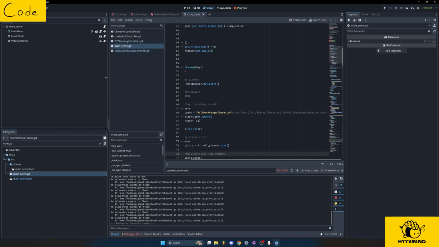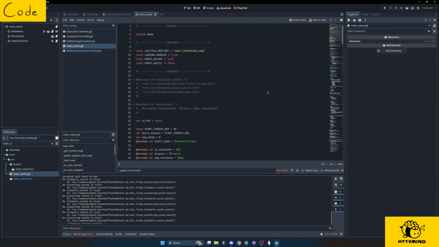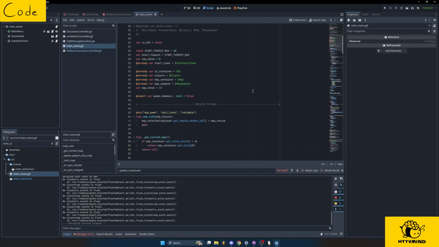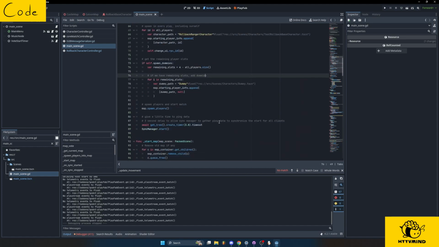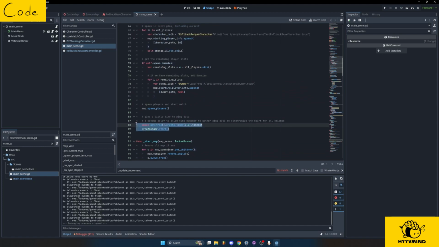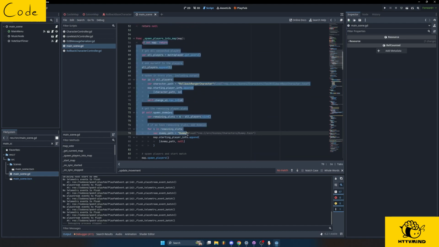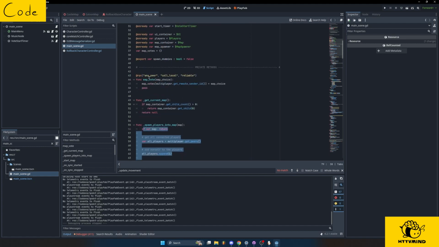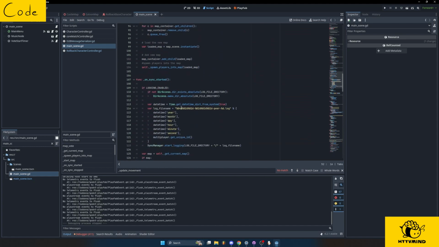Basically, this script does various functions related to selecting maps, switching players' UIs, as you can see within it, spawning in players, and also general networking stuff. This is where we start a sync manager, which is used for player networking in rollback netcode, and spawning in players into a map is here, or map voting, or determining what the current map is in the game,